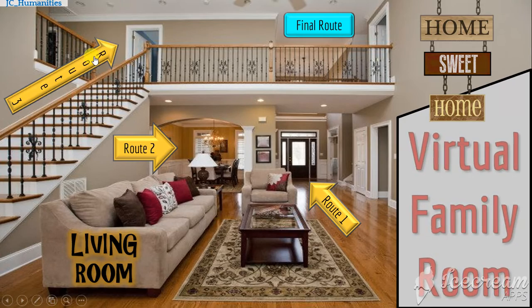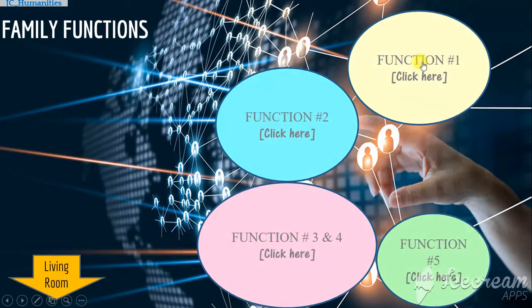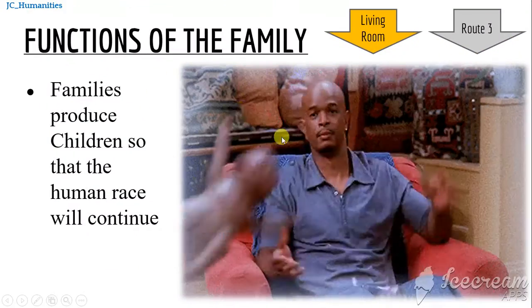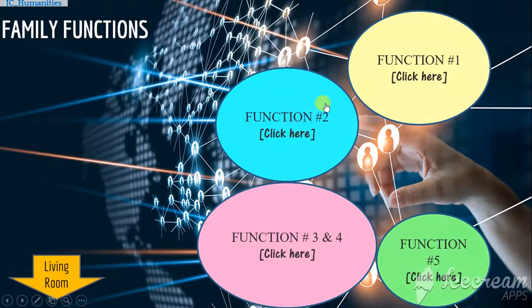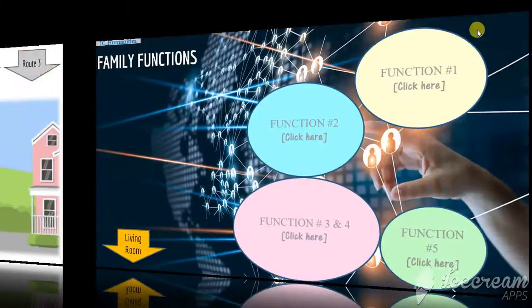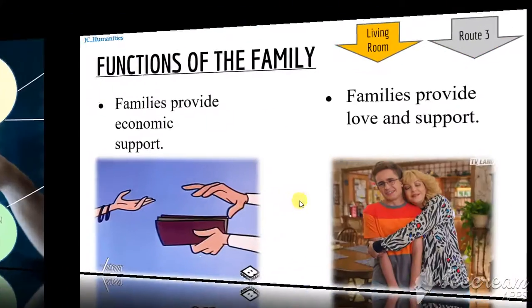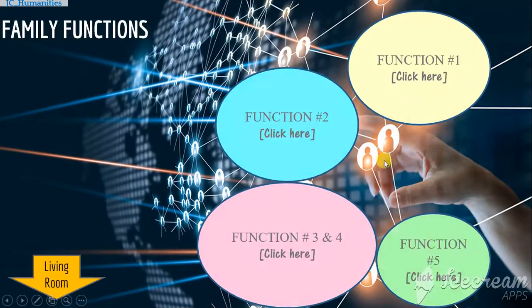So I'm going to go to the last route now, and here are the functions of the family. So you just click on each of them. So you start with the first one, brings you to the notes, then you go back to the route, go to the second function, go back to the route, third and fourth, they're summarized here, back to the route, then